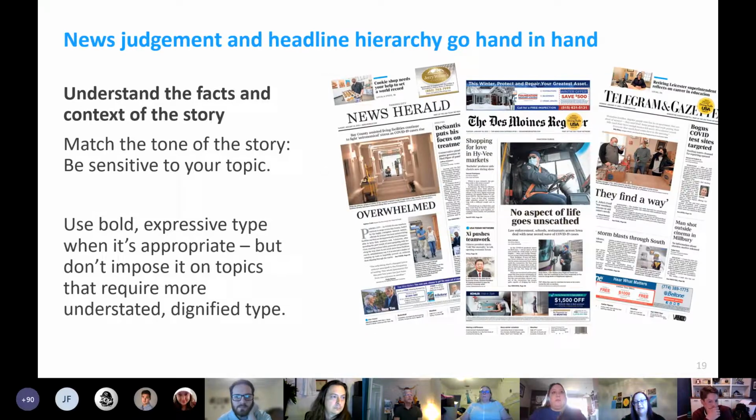Use the provided headlines as a starting point to understand the context of the story, along with noting how those stories are prioritized on the budget. Remember that you are sending a visual message to the reader based on how large or small we choose to run the headlines on the page. The larger we play up a headline, the more emphasis is put on the importance of the story. Ensure that your headlines match the tone of the story.